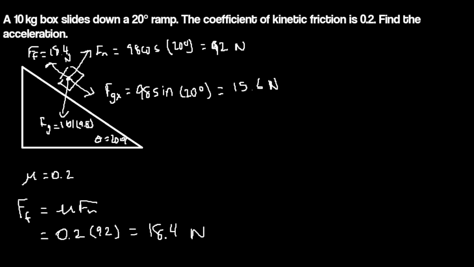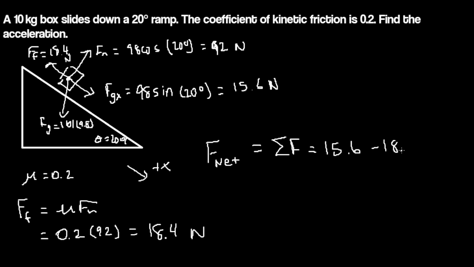Now, our net force, F net, equals our sum of forces, which is, if we're calling this positive x, 15.6 minus 18.4. That equals negative 2.8 newtons,